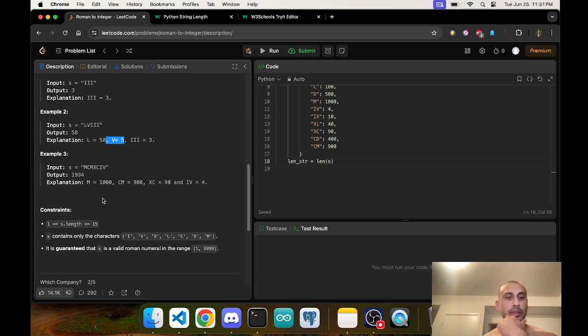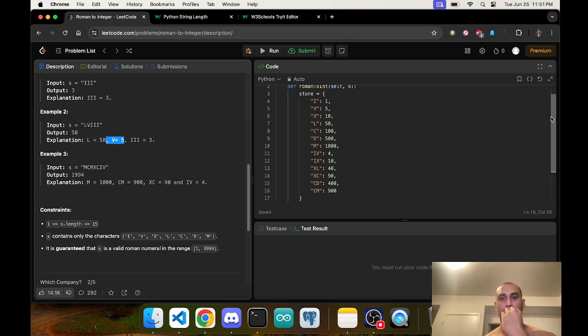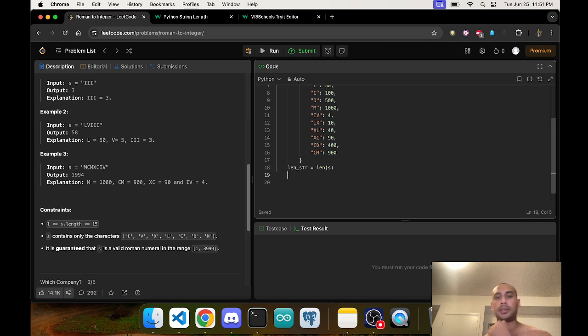So I want to split my strings from left to right. So I can do it like this. So I want to get my length first of the string. Now I can create if statements, right? So if